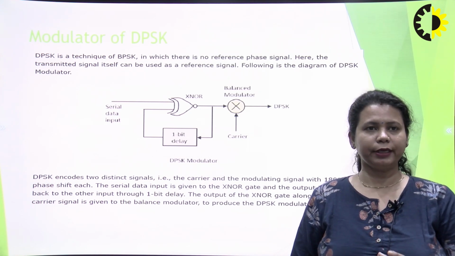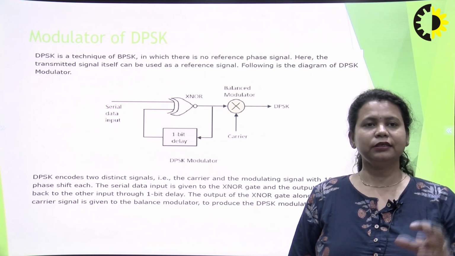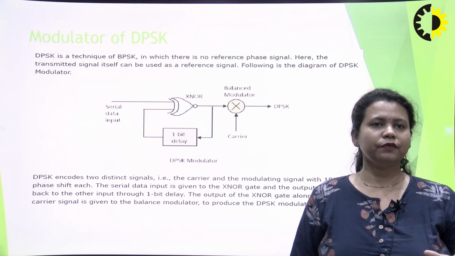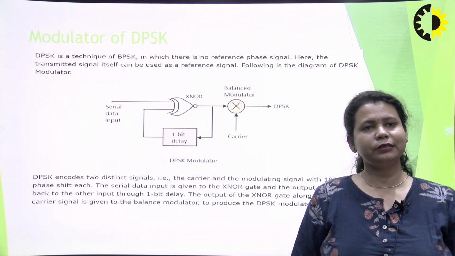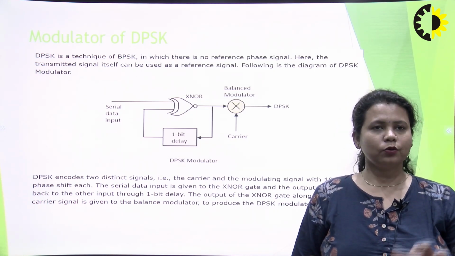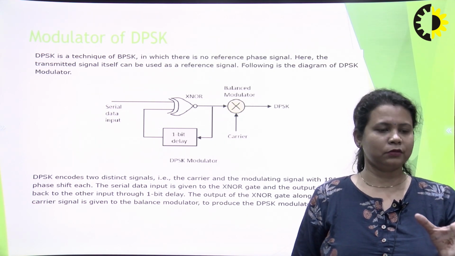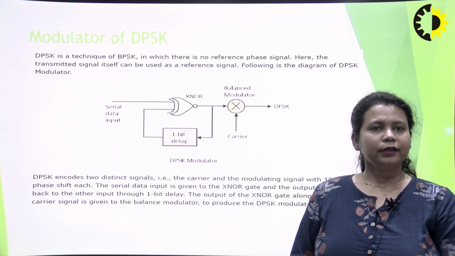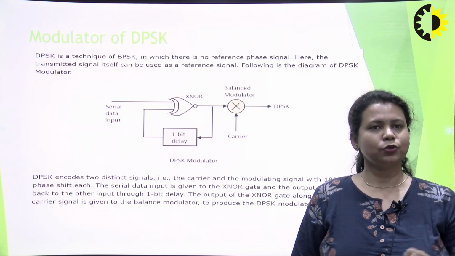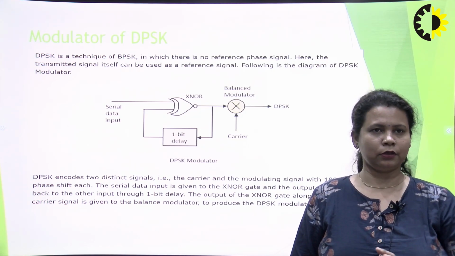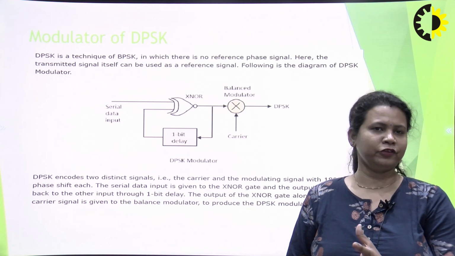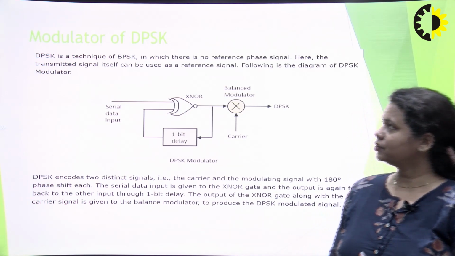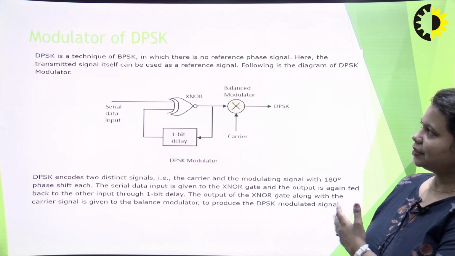In the coherent modulation technique, we look at synchronization in terms of time and phase. Whatever signal we are receiving at the receiver should be synchronized with the transmitted signal. That system is called a synchronized system, and that technique is the coherent modulation technique. Then we have another technique, the non-coherent technique, which does not use synchronous modulation in detecting the signal. So it is using a different technique, and that is basically DPSK.